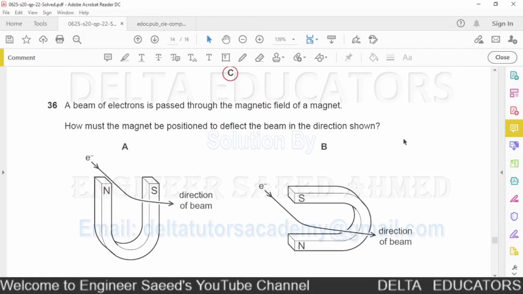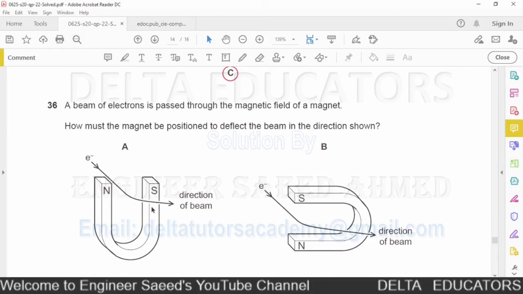Question number 36. A beam of electron is passed through the magnetic field of a magnet. How must the magnet be positioned to deflect the beam in the direction shown? Here we have to find out the correct direction of the beam of electron after passing the magnetic field. Or we can say we have to find out the direction of the force that the electrons are experiencing after